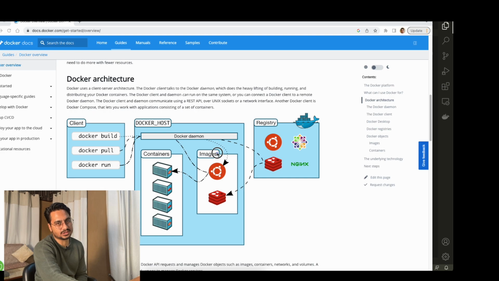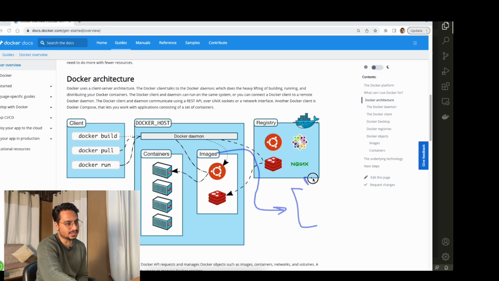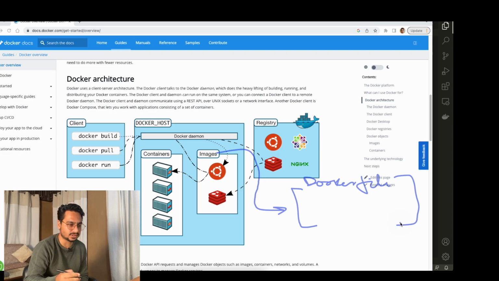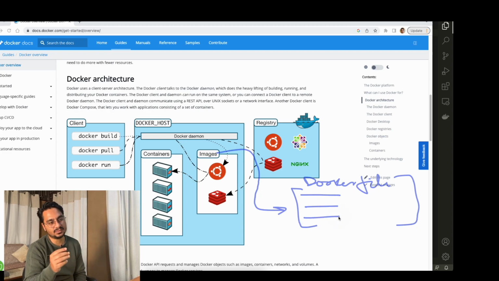So we are going to start our discussion with this Docker architectural diagram, and this is the component which we are going to discuss today. In fact, the component which is responsible for creation of images. So we know that images are created out of a Dockerfile, and that Dockerfile itself is nothing but a list of instructions. So those instructions have a specific task. Every instruction is expected to do a specific